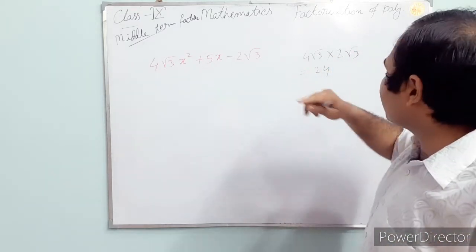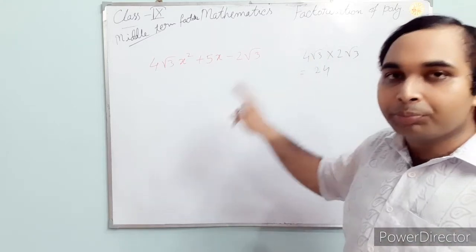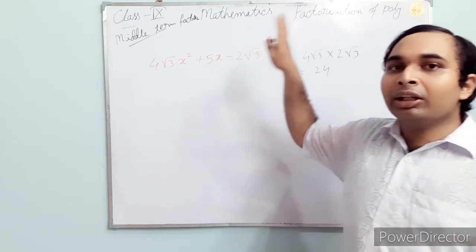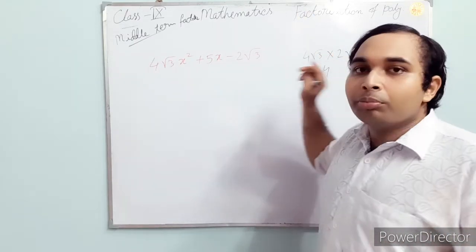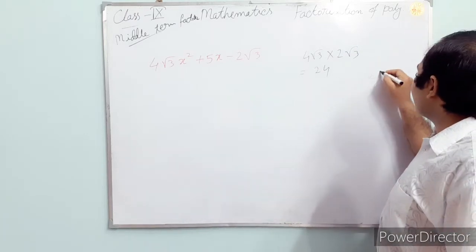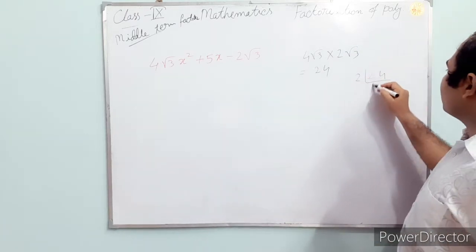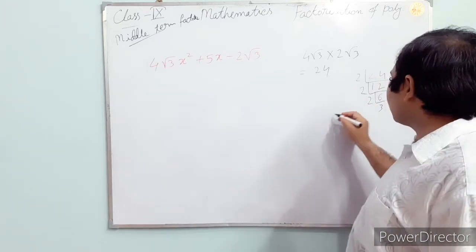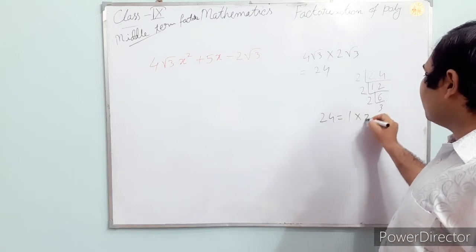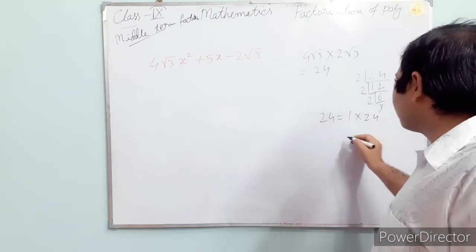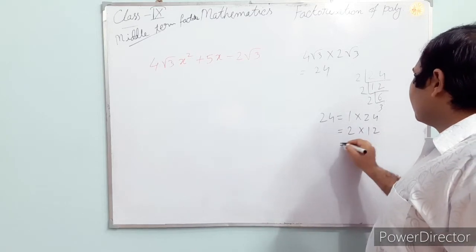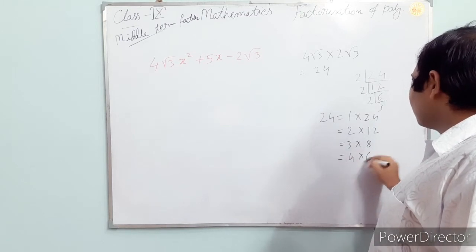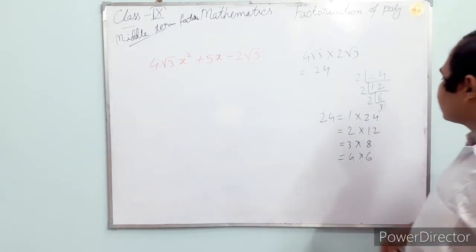So that's why what have I told, that is you have to split this 24 into two parts so that the sum of those two will be equals to 5 and product of those two will be equals to minus 24. So let us see. Let us factorize 24. Or you can do directly. Directly means I am doing like that. 1 into 24. From 1 you will start and whatever it will come you can just write down. 2 into 12. Then 3 into 8. Then 4 into 6. I think nothing will come. So 4 options are there.